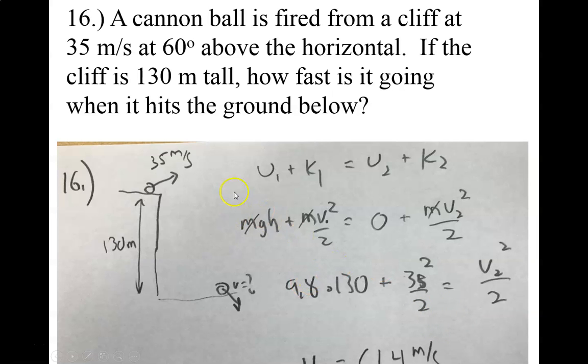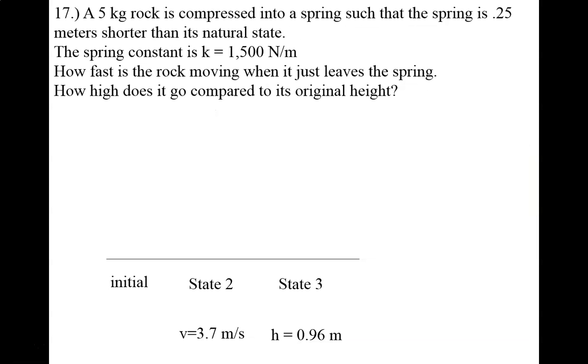And so what we want to point out here is that energy is not a vector. It doesn't matter that it was pointed at 60 degrees above the horizontal or whatever. Energy does not have a direction. So all that mattered is the state: its initial potential and its initial kinetic. And then all we have to do is look at the final potential and the final kinetic. So we didn't have to know that angle here. That's kind of the main point behind that exercise.